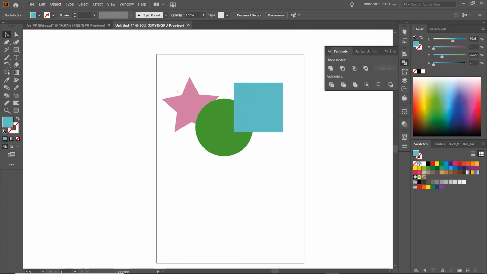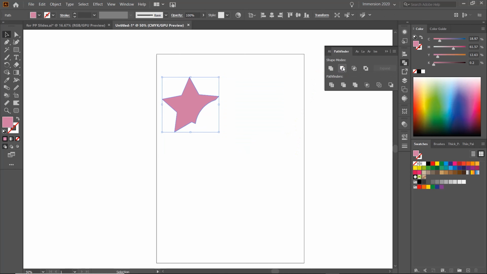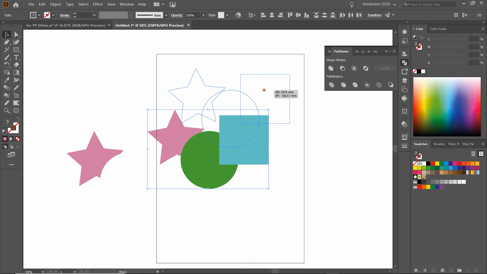So the next thing is select all your shapes. I'm going to make a copy actually, so I can Control C, so I can just repeat these shapes. The next thing we can do is the Minus Front, and this basically will subtract from the bottom shapes the shapes that are on the top. And again, you can check on the layers panel which one is on the top. So let's get back the shapes,